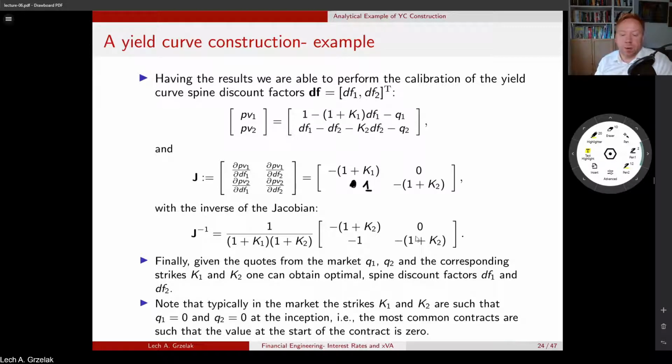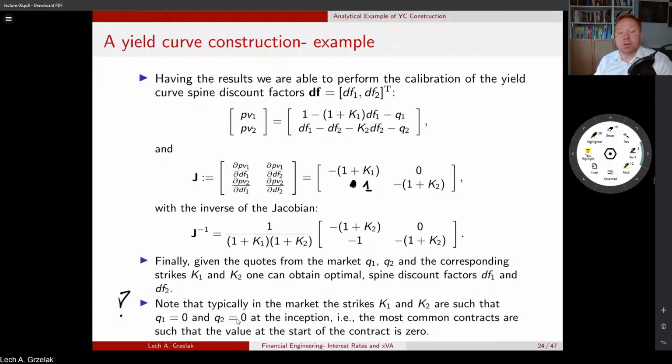then essentially we always end up with a lower triangular matrix, because the first swap will be the first spine point, the second swap will be the second spine point, and so on. So then we always end up with a lower triangular matrix, and then the inversion can be done much more efficiently. And as I already mentioned, those strikes, Q1 and Q2, typically they're chosen such that